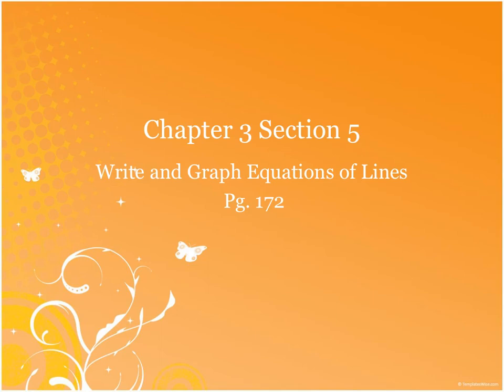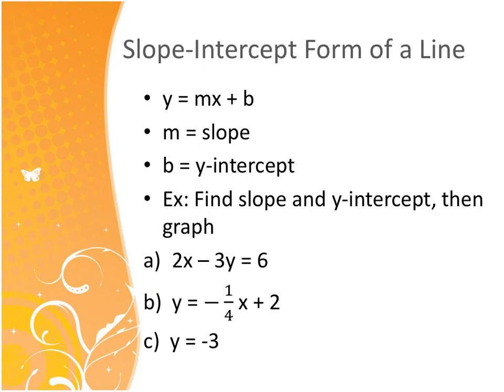Okay, so today we are going to still review our algebra skills a little bit more. Today we're going to be writing and graphing equations of the line. So the first form that we're going to see is called slope-intercept form. The slope-intercept form is y equals mx plus b, where the lowercase m represents the slope, the lowercase b